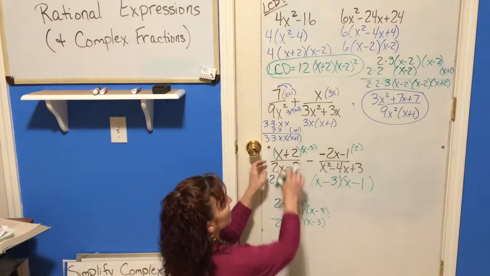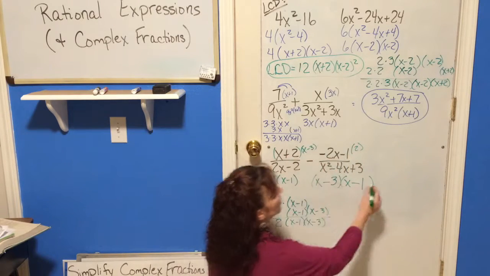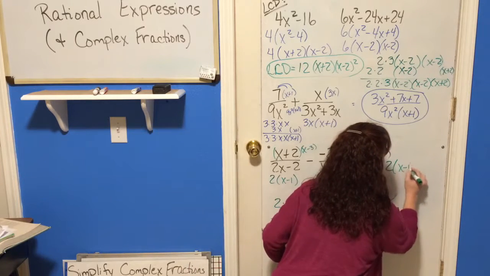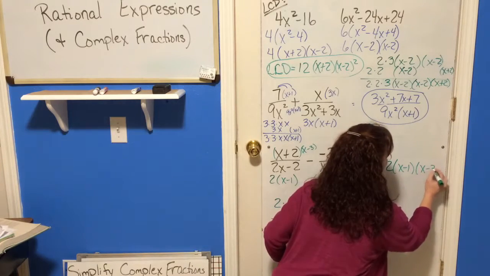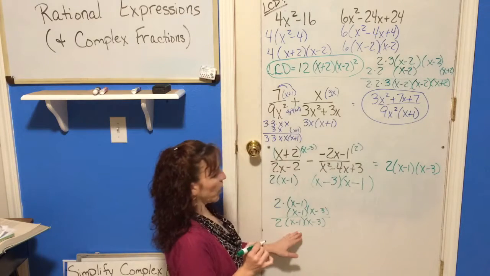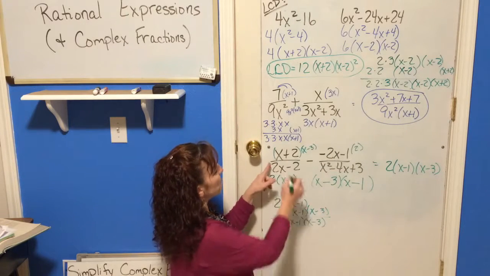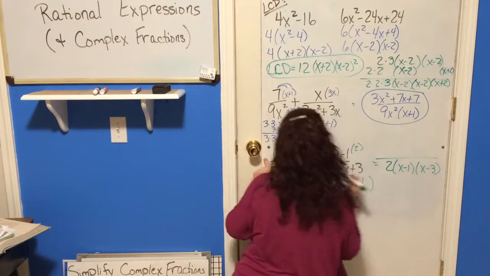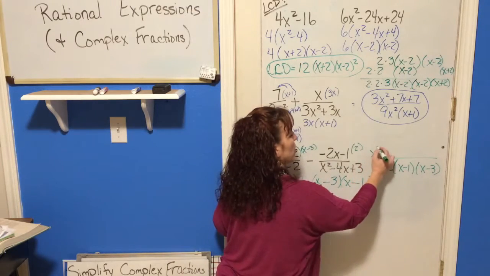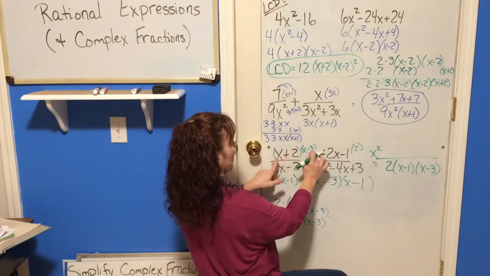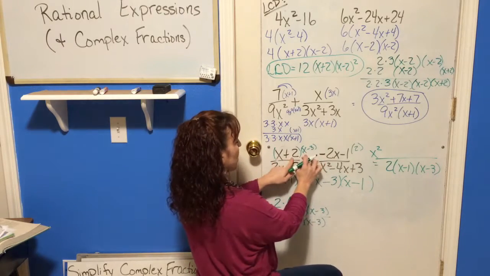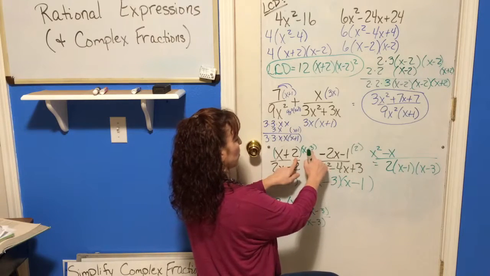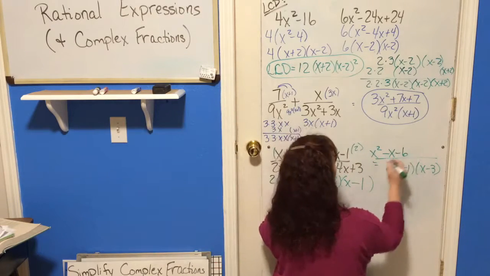And so now you're going to have to multiply through the numerators. Your denominator, remember, is already figured out. So keep it 2 times x minus 1 times x minus 3. I'm standing right in front of it, or squatting anyway. Here we go. So now you're going to have to use FOIL here. So we've got x squared, and then we've got negative 3x, positive 2x is negative x, and negative 3 times 2 is negative 6,